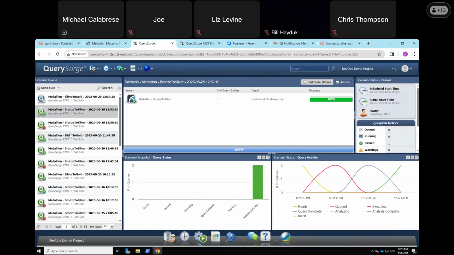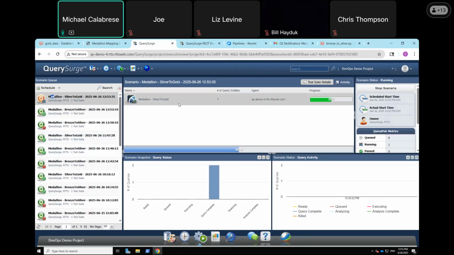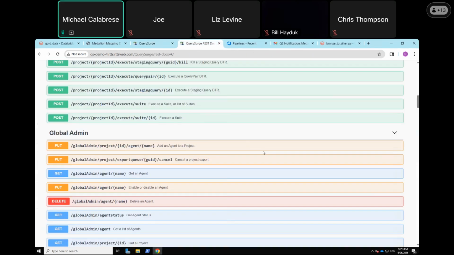And then that will give us the confidence at the gold level to tell our stakeholders, to tell our end users, that the data you're looking at has been validated all the way through our Medallion architecture here. And we can see that that test is now kicked off and running. And the way